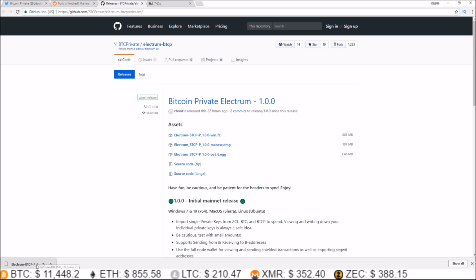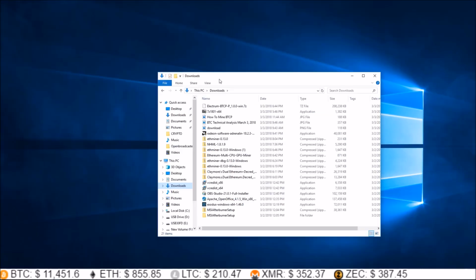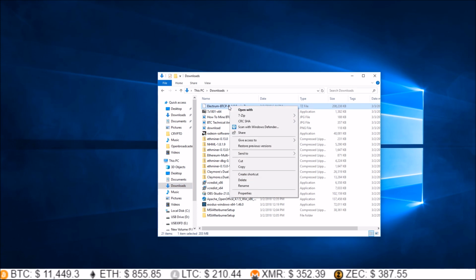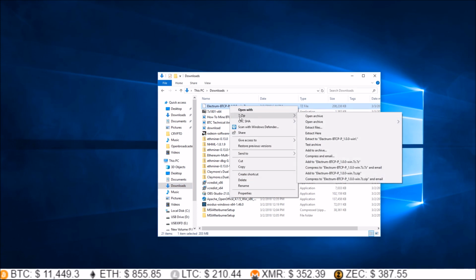So waiting for this to download. Okay, it looks like it's done. So next, I'm going to go to the downloads folder of my Windows machine, and you can see here is the Electrum BTCP wallet. So I'm going to right click on this file, come down to 7-zip, extract files,